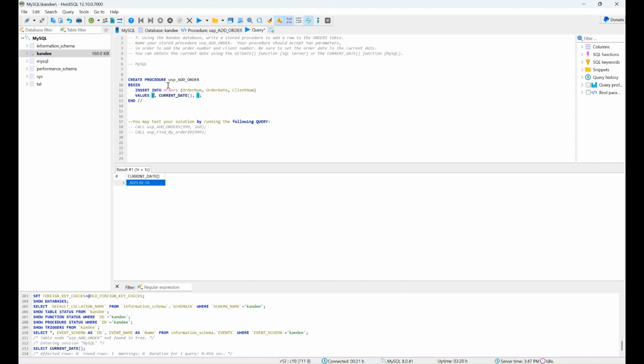And then let's add the parameters that we're going to be inputting. So ordnum is the first input parameter, and the second one will be clinum. And let's add those to the procedure call. And we have to specify that those are input parameters in the case of MySQL. Ordnum, and the data type is going to be an int. And clinum,